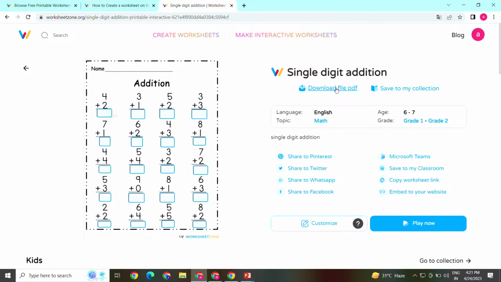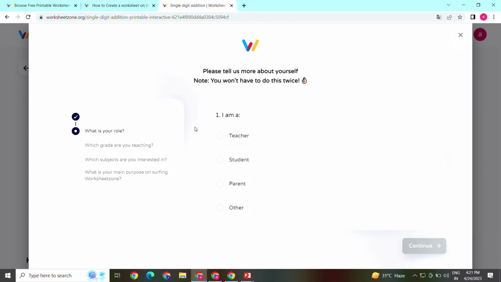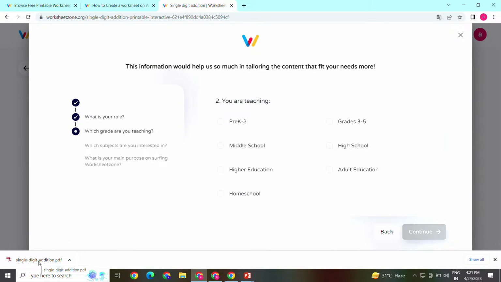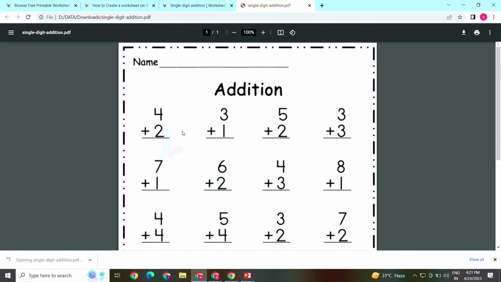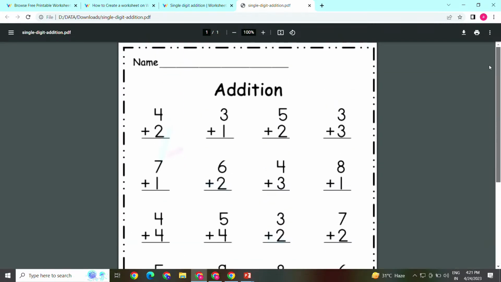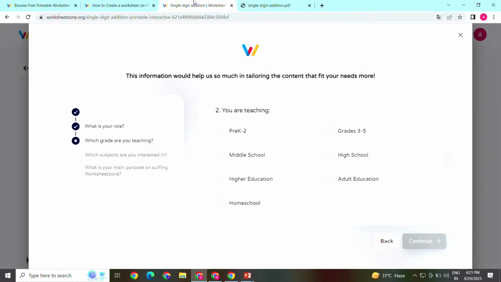Once I click on download file PDF, it will ask, I'm a teacher, continue, and here you can see a PDF is downloaded now, and now I can take a printout of this worksheet. So without making a new worksheet, I can select already uploaded worksheets on this platform and I can use them offline as well. Okay, so going back,